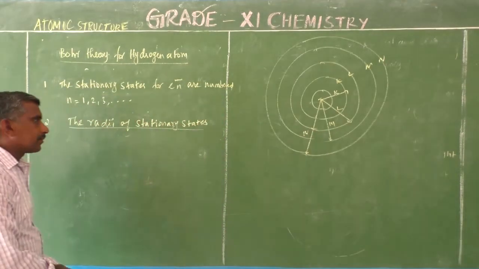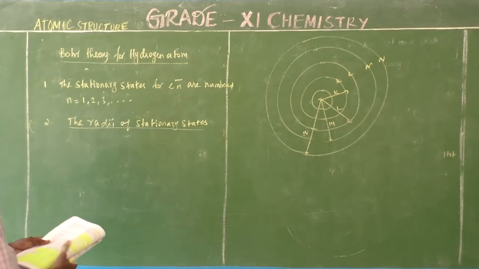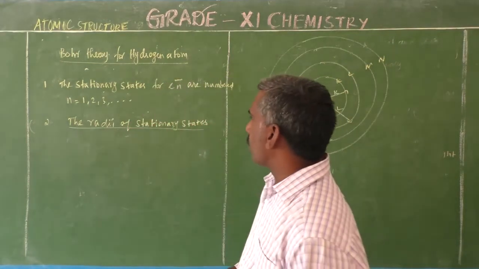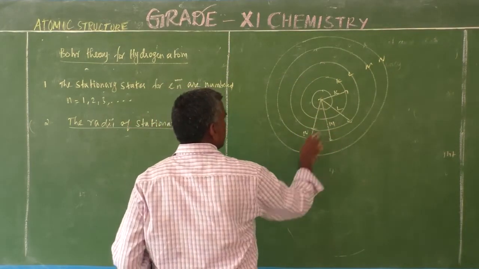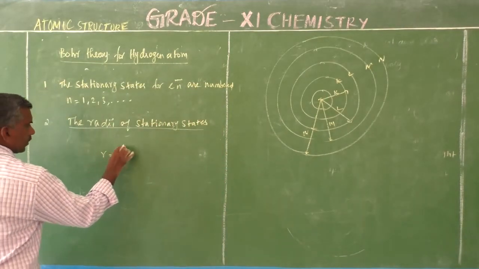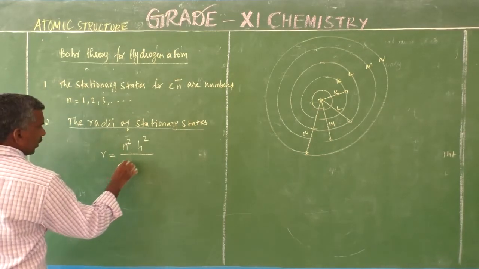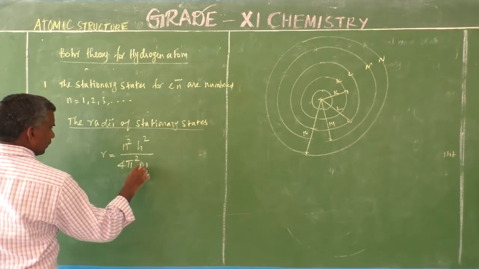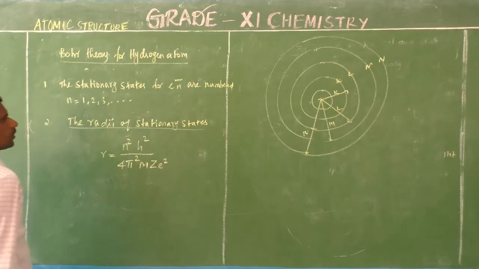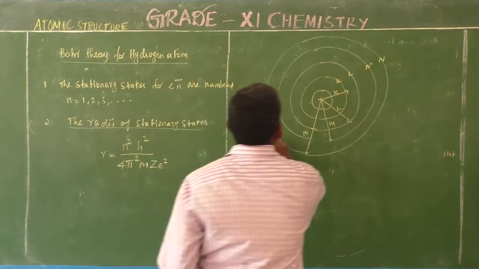One formula is there. I think we note down four or five formulas which are only applied and are not in the textbook, booklet formulas. Radius of stationary state: r is equal to n squared h squared by 4 pi squared m z e squared. One formula, and here is the radius.